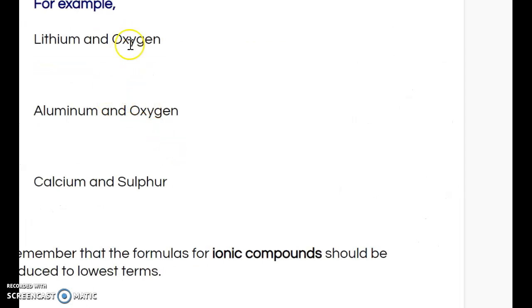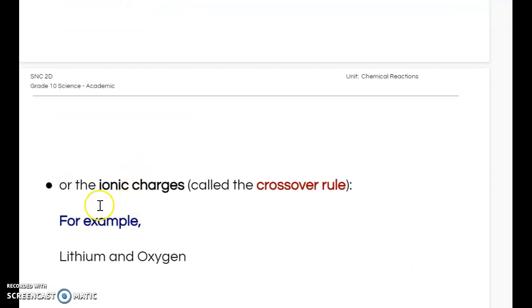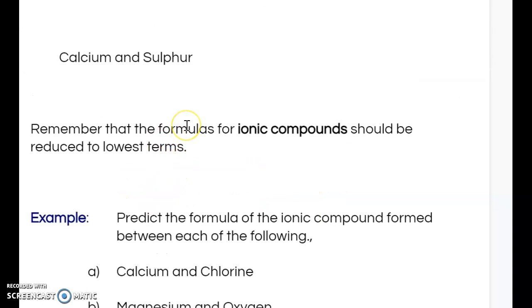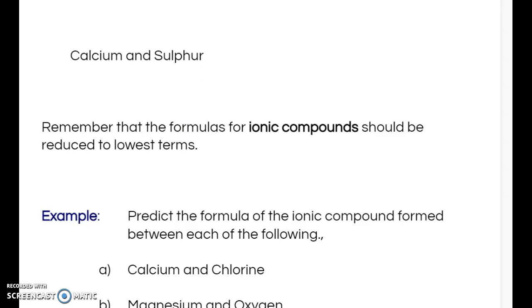Now we've done the crossover rule, and we just demonstrated it. That's what we just did. But I want you to remember as we progress into quizzes and things like that, that ionic compounds should be reduced to their lowest terms. They're always reduced to their lowest terms because they represent a ratio